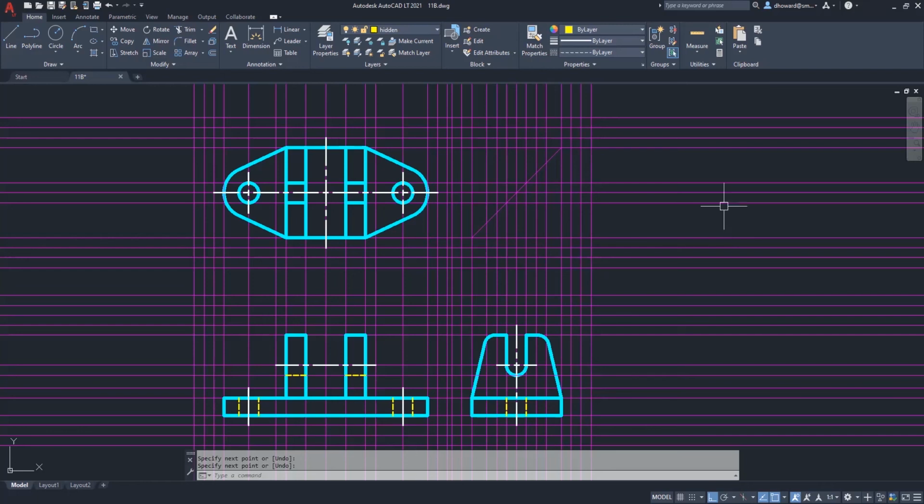And now we'll do these dimensions. Again, trying to put as much on the inside as we can, and trying to do this in the view where things appear to be what they are here. So that would be the overall length. And this is a good time to point out the fact that we do not